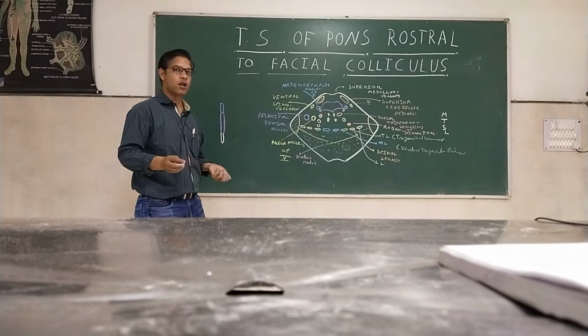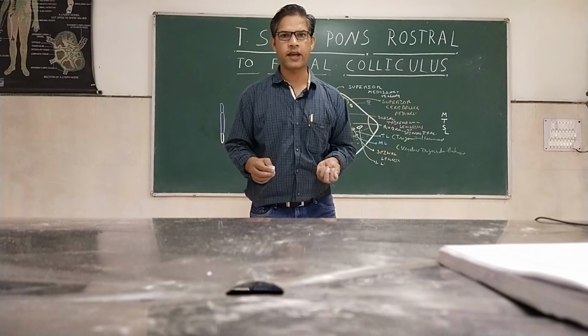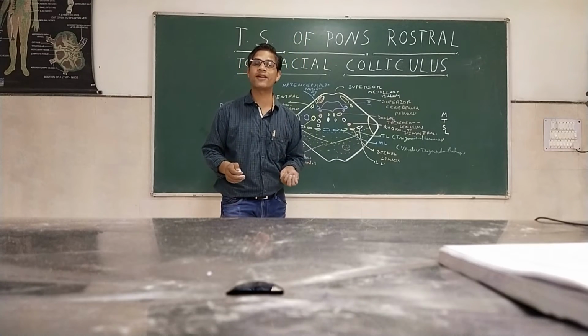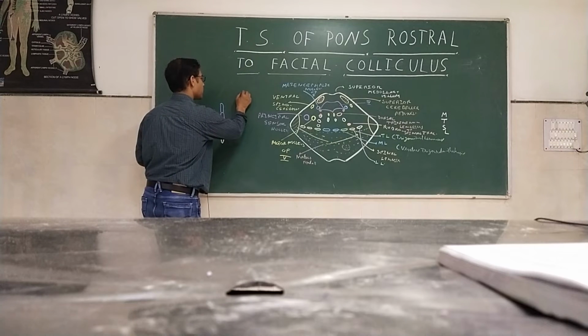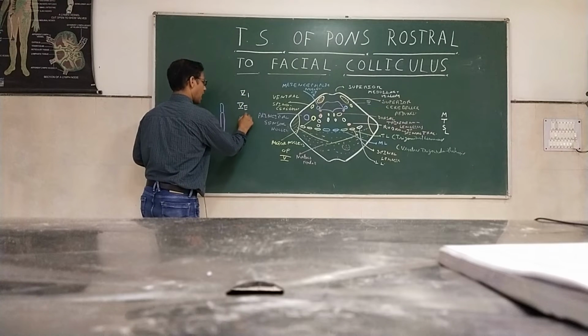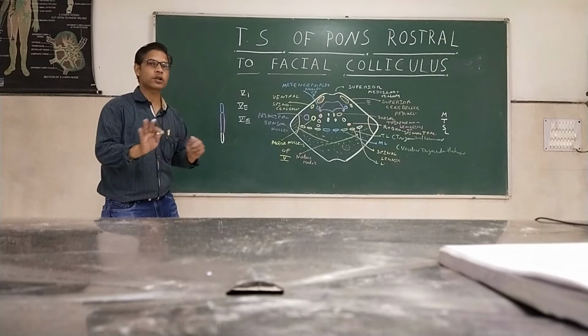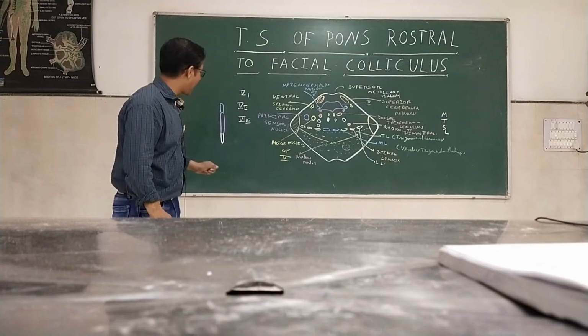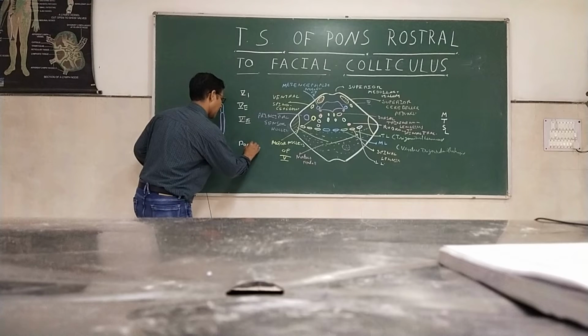As we all know, the trigeminal nucleus is concerned with the sensory supply of the face. So this is carrying the supplies from the ophthalmic division, fifth 1, the maxillary division, fifth 2, and the mandibular division, fifth 3. But all three are performing different functions, as this spinal nucleus is receiving pain and temperature,